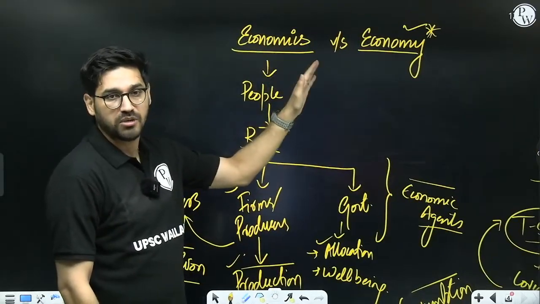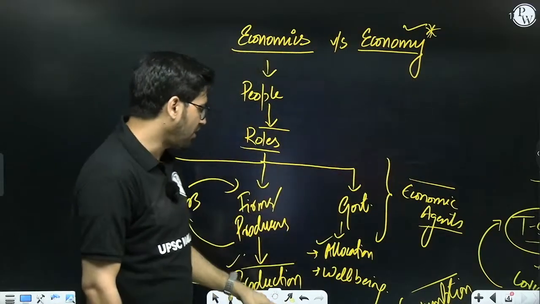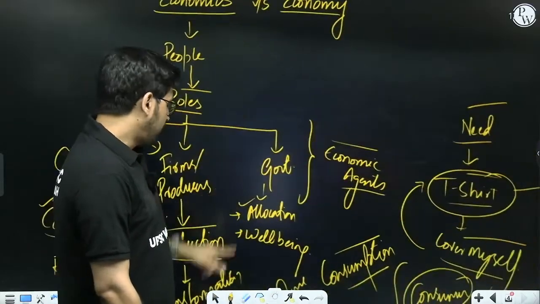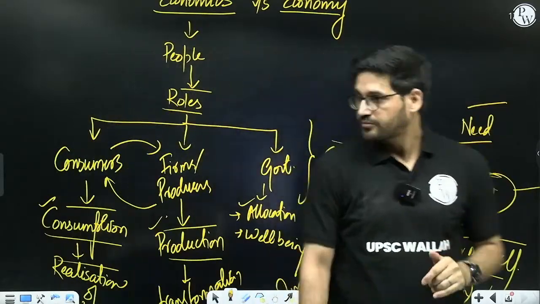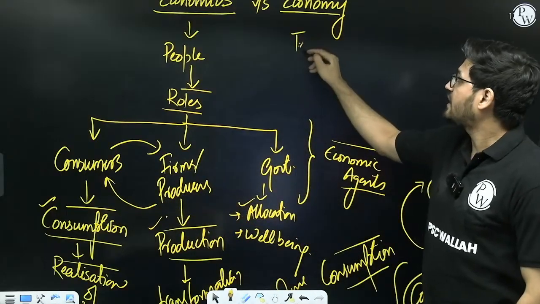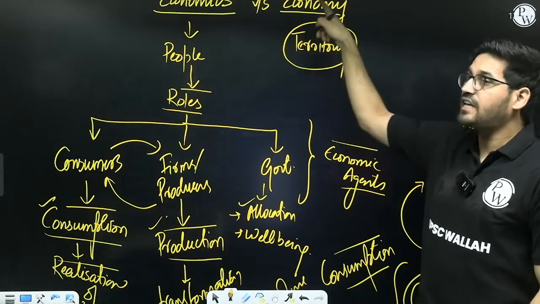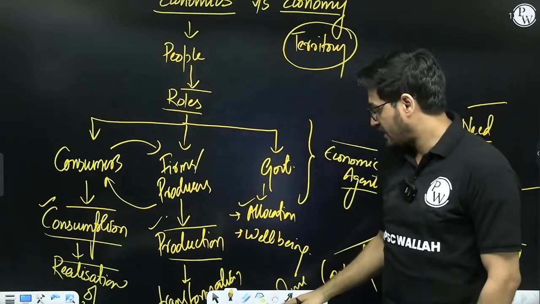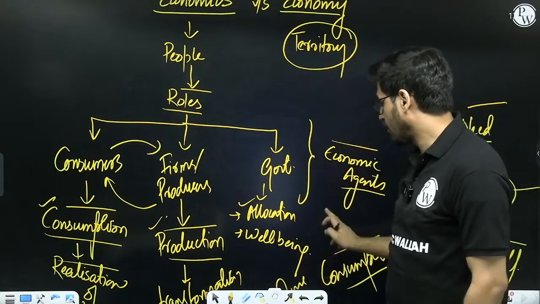The logic behind choices made by each of these economic agents will be taken care of in this subject which is called economics. How is economics different from an economy? When you associate each of these decisions with a territory, then this territory comprises the economy of that territory. What that means is that in any economy,